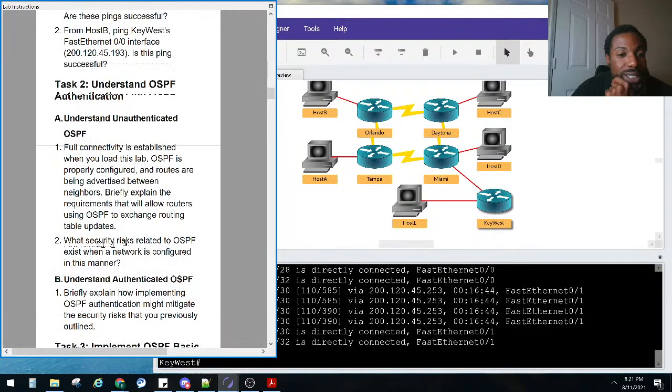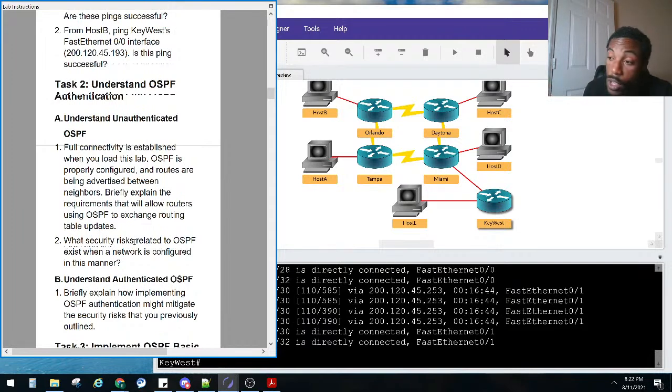What security risks related to OSPF exist when a network is configured in this manner? Like I said, we need to match all of those parameters, right? But what if somebody somehow gets on the network and launches GNS3 or some kind of application that allows them to launch a virtual router and become an OSPF neighbor with one of the routers on our network, and they matched all those parameters? Well, guess what? They can get on and then